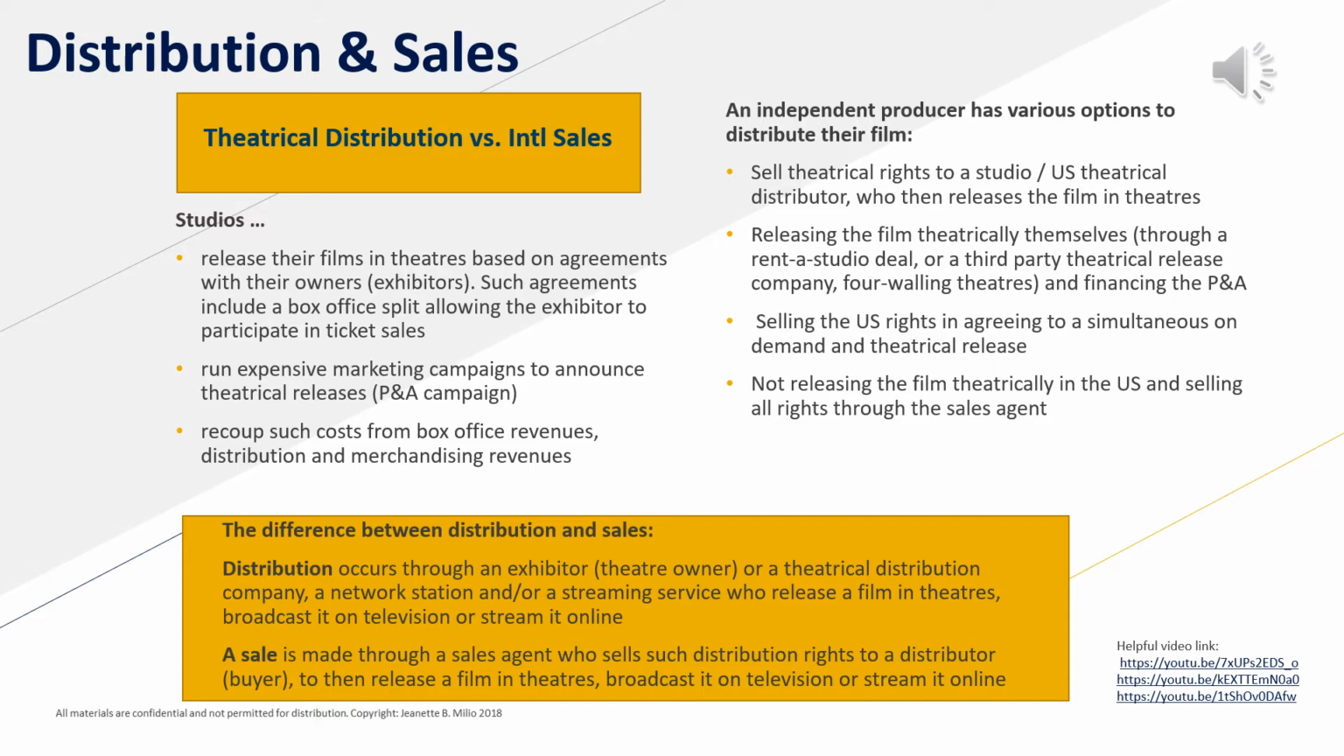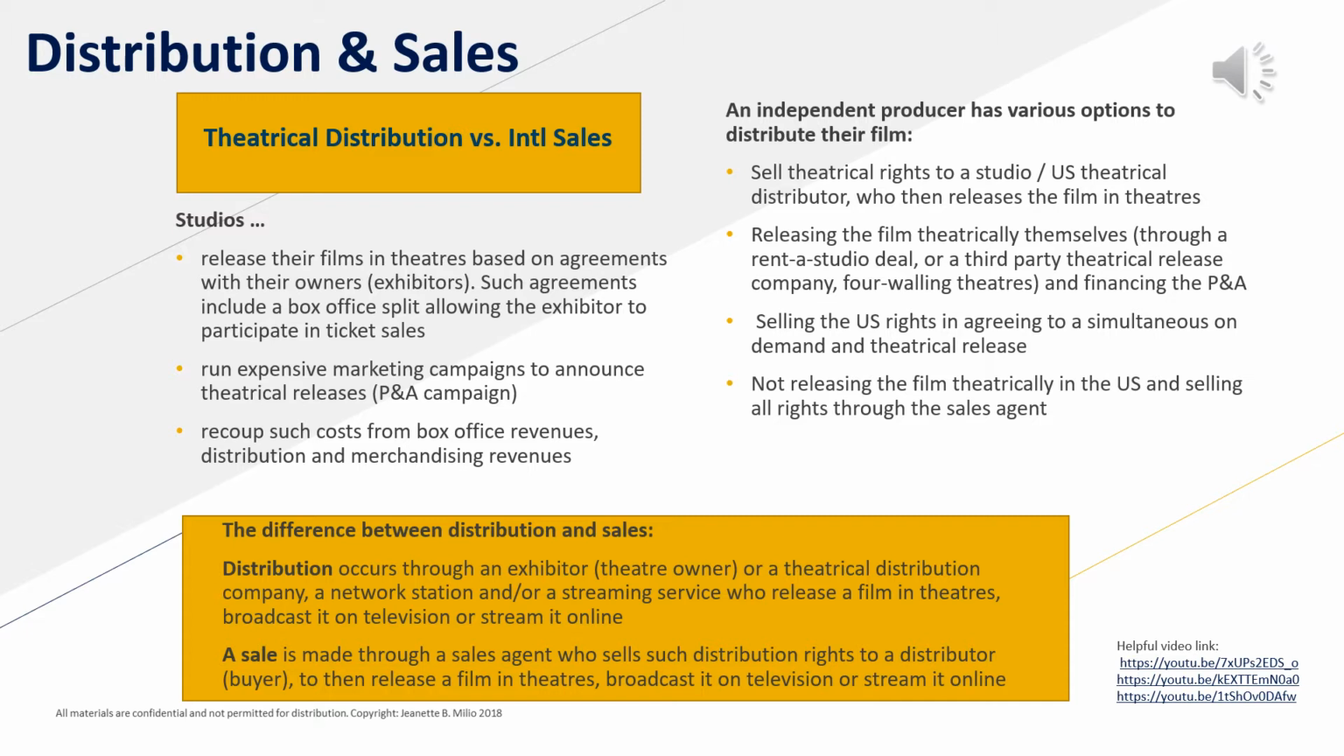The independent producer has the option to sell their film to the studio, who would then do exactly what I just described, release the film in the theaters and pay for the P&A. The producer would also have the option to not release the film theatrically and have it go straight to a streaming service or on VOD or on television, or they have the option to release it themselves through mechanisms like